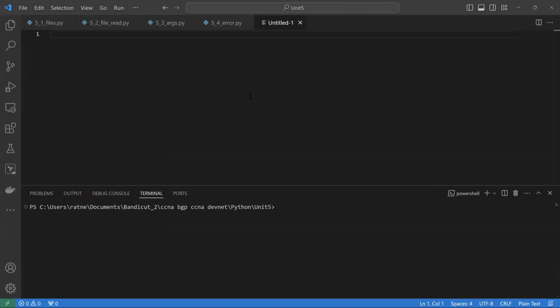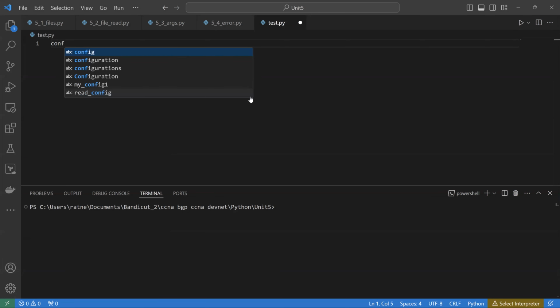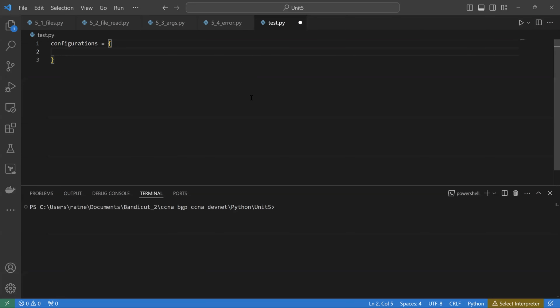Save. Okay, so I have one blank file here. Let's go and create our dictionary, configurations, like that. Configurations equals a key and value pair, right? So key, and then you know that we'll give the colon, value. In the value, we are going to put the configuration: interface. What is that interface? Ethernet, right? Ethernet, suppose 0/0,